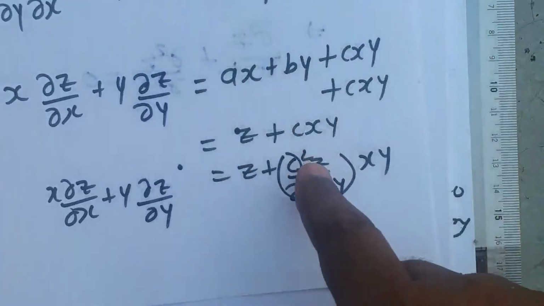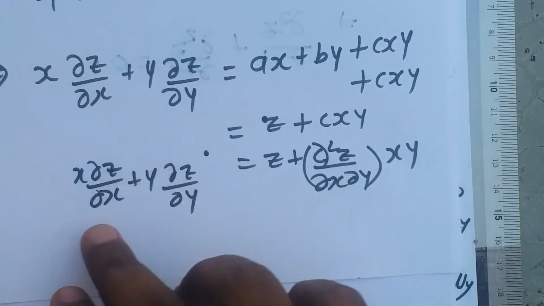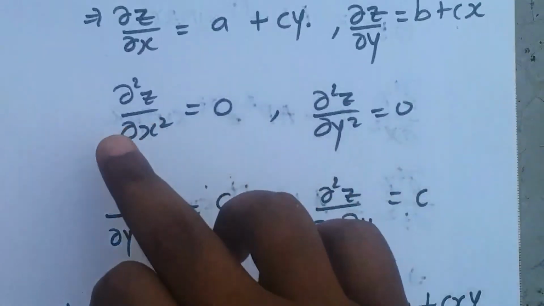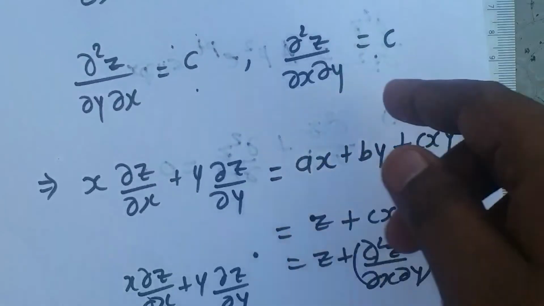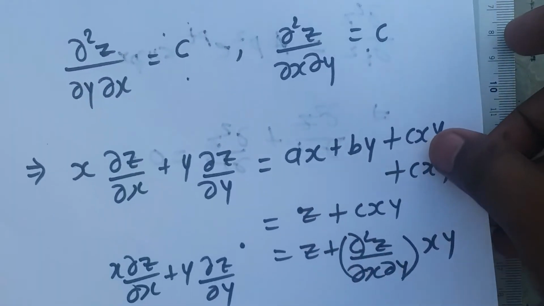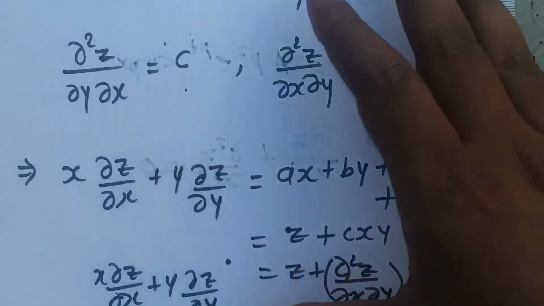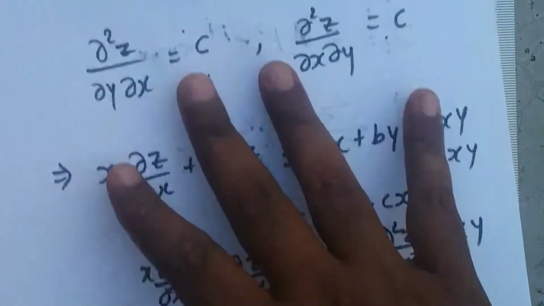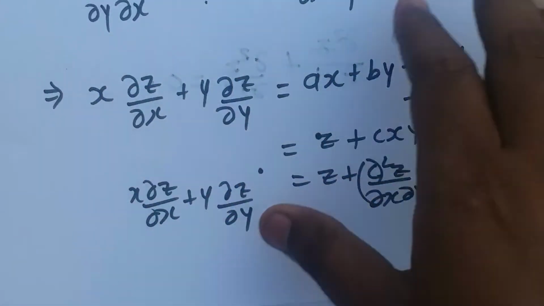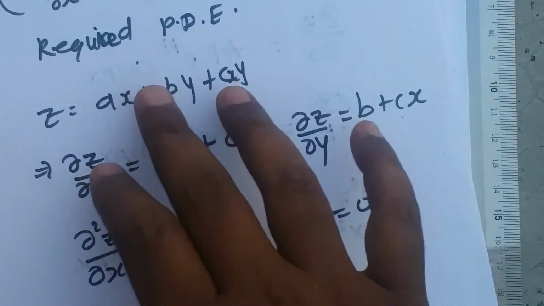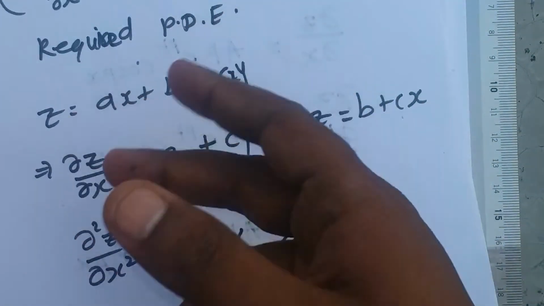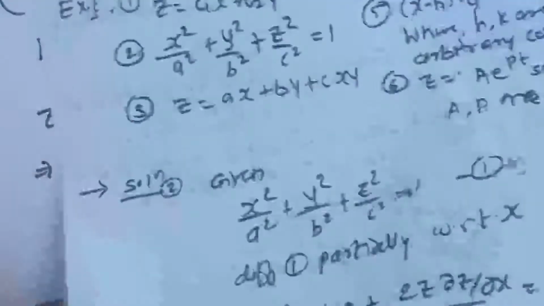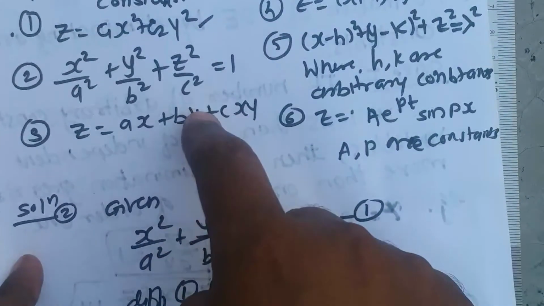So if you substitute that value of c, you will get another partial differential equation which is also of order 2. So all the three partial differential equations that we have obtained are of order 2. Any one of the three can be written as the solution. We have obtained more than one because the number of arbitrary constants is more than the number of independent variables. So two problems' solutions I have discussed so far.